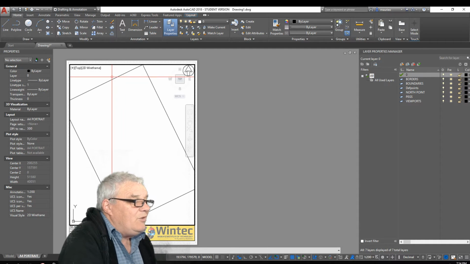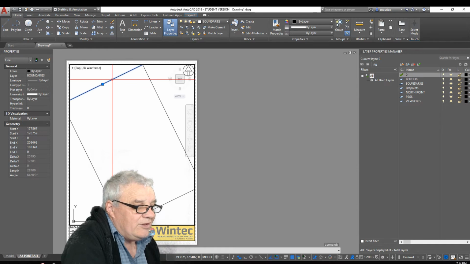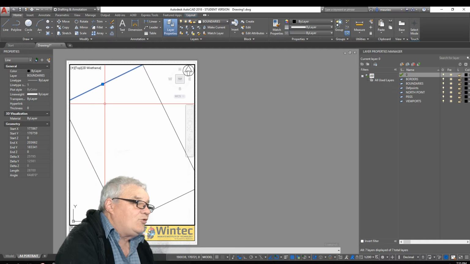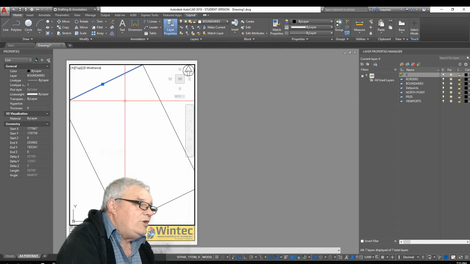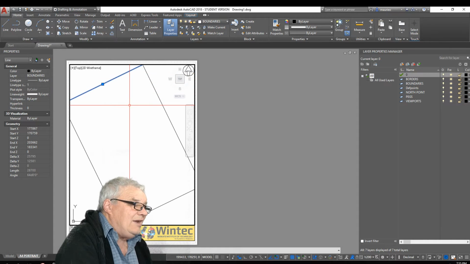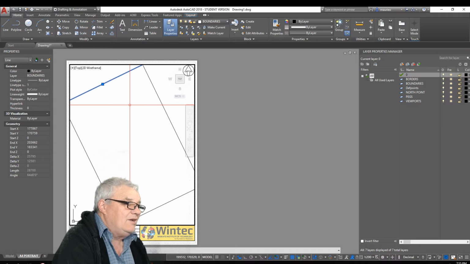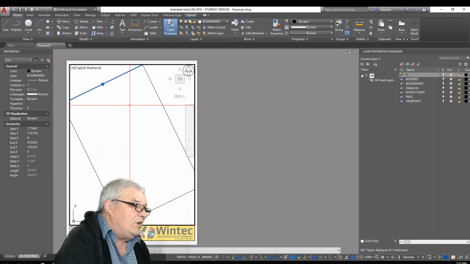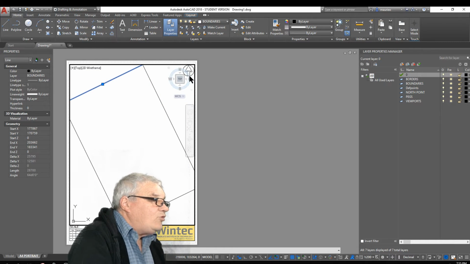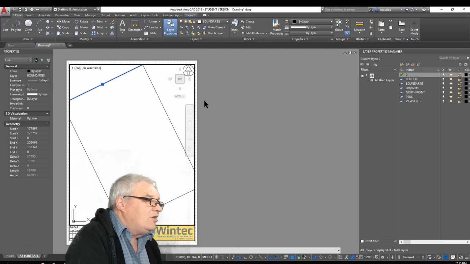Now we know that up there, we can see that it's 64 degrees, and we probably want that parallel to the top, so we're going to have to bring that around that way 26 degrees, which is a negative. That's the negative direction for AutoCAD. For bearings it's different, but in AutoCAD we're going to have to swing it negative 26 degrees. Now that's also going to swing the north point, but